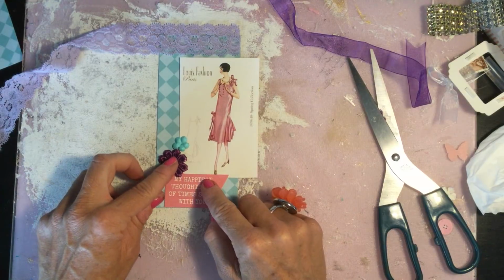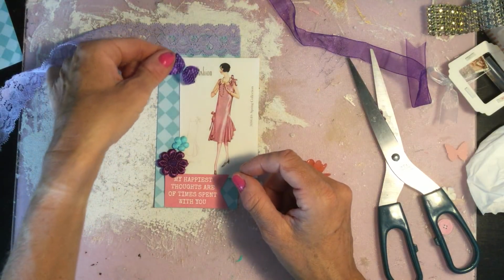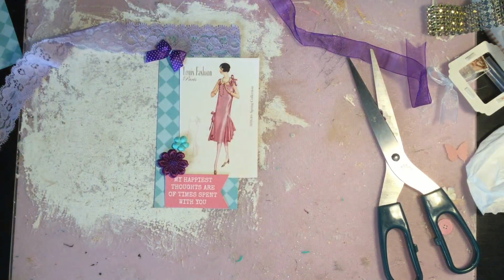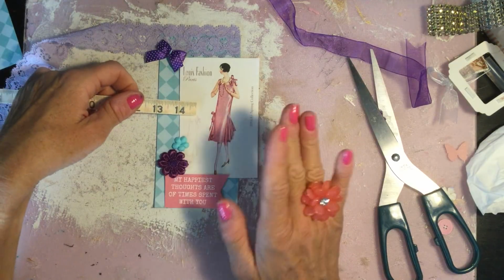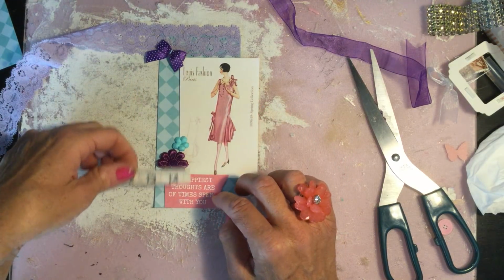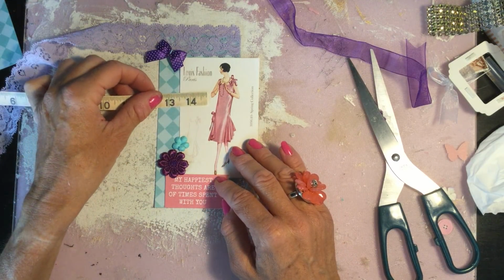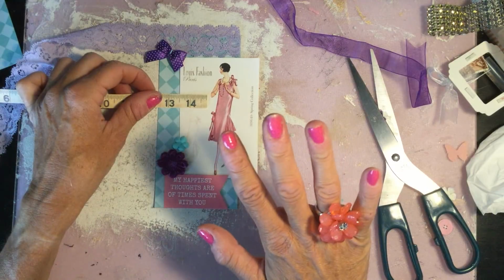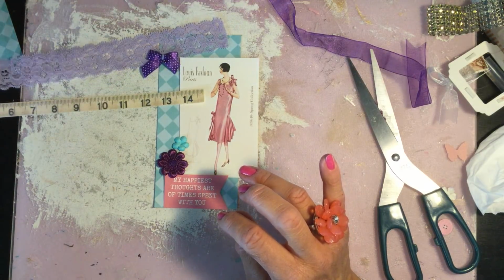also I've been working on some more digital items. Sorry, I'm just debating what to stick where. I've been working on a couple more digital items, and it's going to be a complete kit. I'm calling it Gypsy Rose. It's going to have lots of vintage gypsy caravans and things like that in it, and I've used some fabric as a background. And what I thought I would do is include lots and lots and lots of